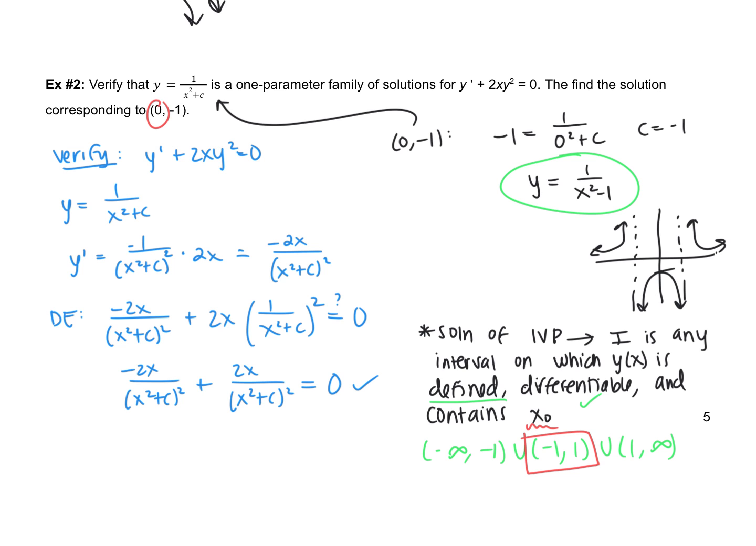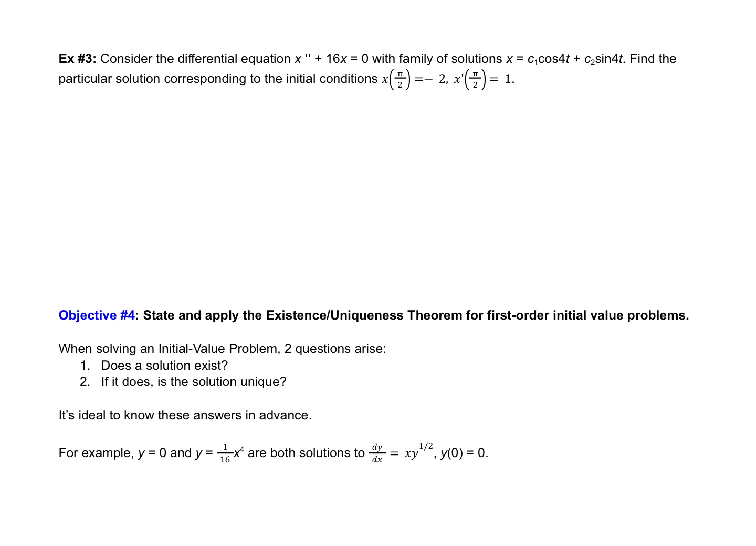Okay, let's take a look at one more example on the next page. Consider the differential equation x double prime plus 16x with a family of solutions. As you see, find the particular solution corresponding to those two initial conditions. Okay, so the first condition we have is that x of pi over 2 is equal to negative 2. So if we substitute that into our equation,